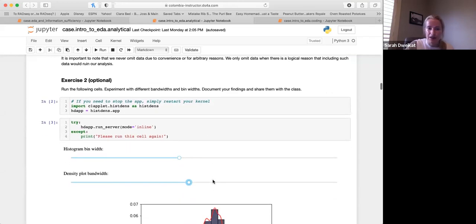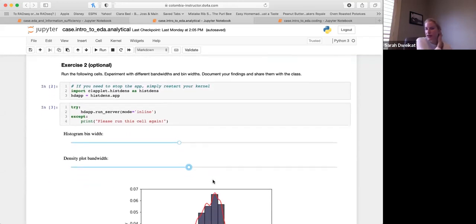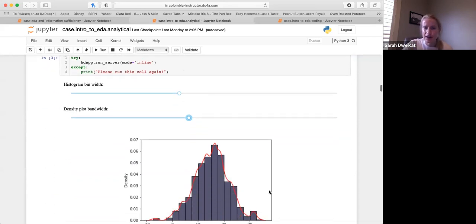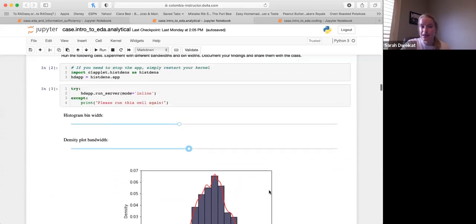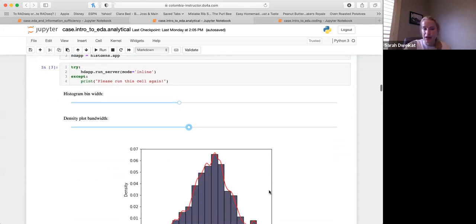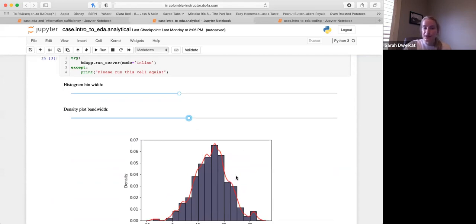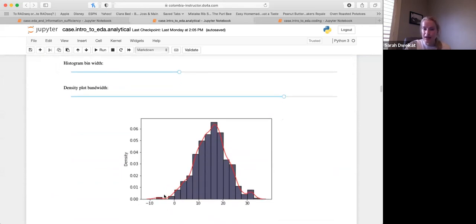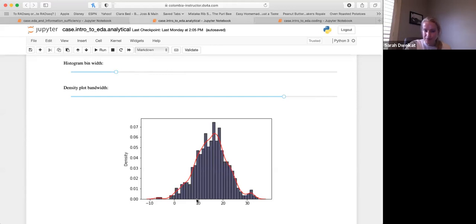So let's talk about this. If you have your case open, you can try to see if you can run this for exercise 2. We're going to be talking a bit about a density plot today, if you haven't seen that already, and the difference between density plots and histograms. This is a cool app that can show you the differences when you change a density plot bandwidth. How does that change? What we're looking at in red is our density plot outline and then our histogram underneath it. So changing our bin width, we have more bins.